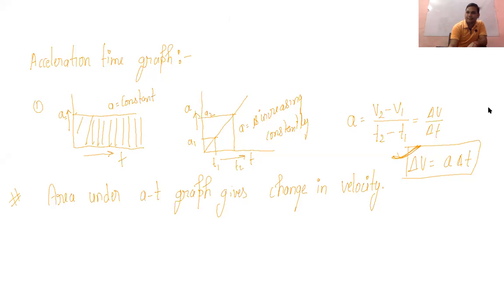Yes, sir. Okay. Coming to the graph conversions: if we are given an acceleration-time graph or a velocity-time graph, how can we draw the position-time graph for that? We'll see those things. Is it clear? We'll see the acceleration-time first and then go beyond. Okay, coming to the next page. So it is graph conversion.